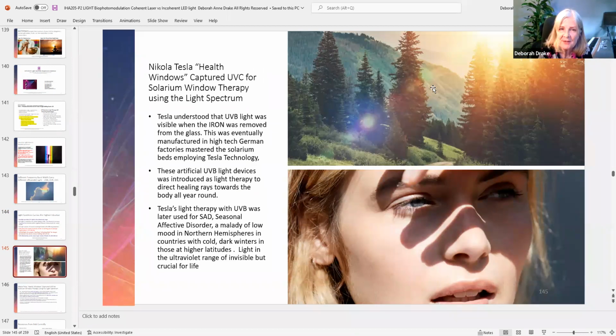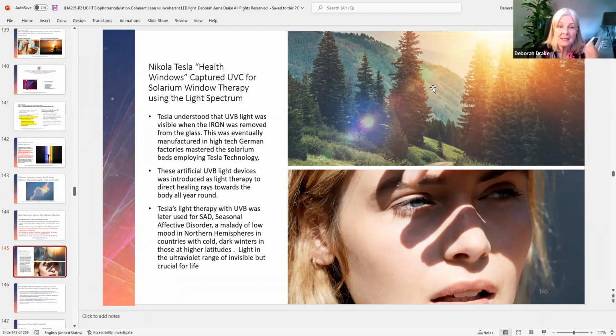Tuberculosis, for instance. So the artificial UVB light devices were introduced as light therapy that you can get around the body, and you can buy them on the market. And these UVB lights are available in the world. And I'm going to suggest to you that that's a whole other topic. I'm not going to present a lot of that. I'm just trying to give you the theory of what's available.